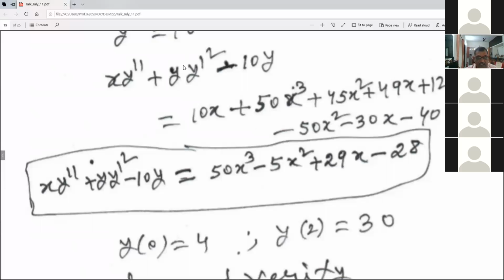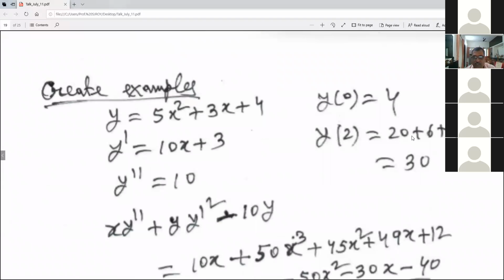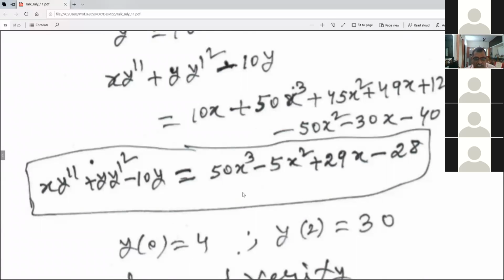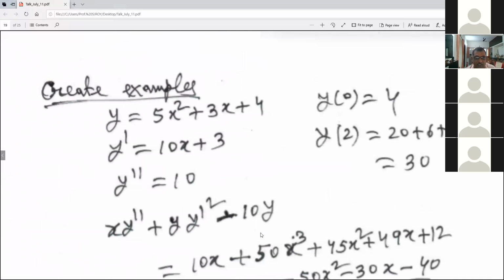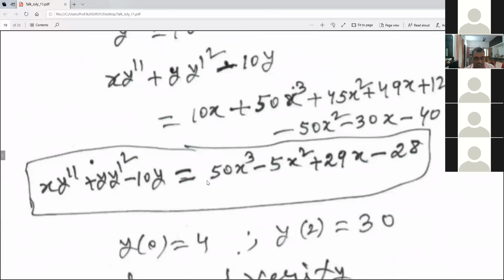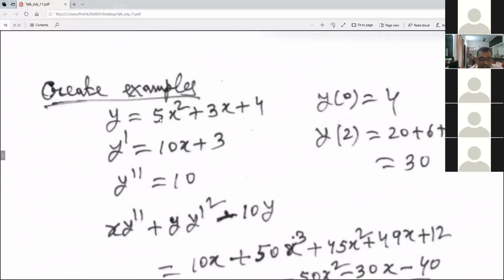I have created this equation, just I multiplied and I got some function. So this is now an equation whose value y should be 0 at 4 and y at 2 is equal to 30. That's what I have calculated. So now this equation, can you solve and get back this solution? You can solve by this quasi-Newton technique and then plot the curve and see that it will be approximately like this. Okay. But there are many other clues.